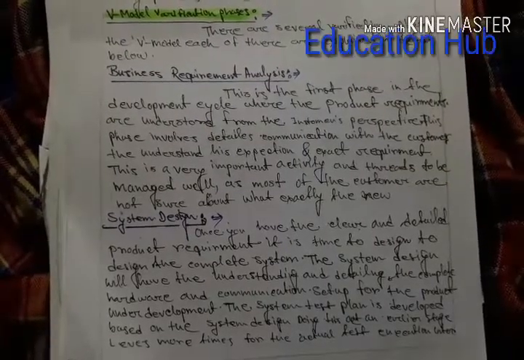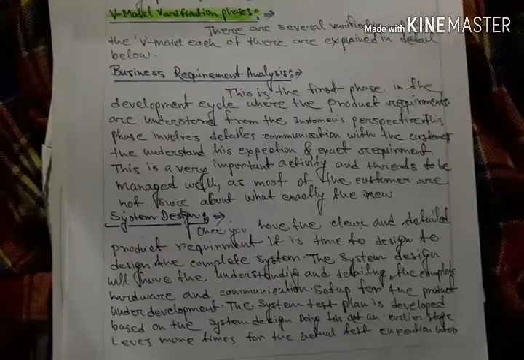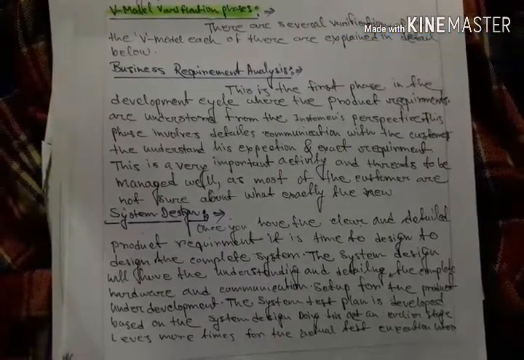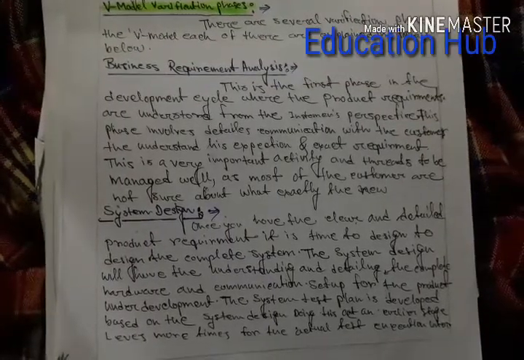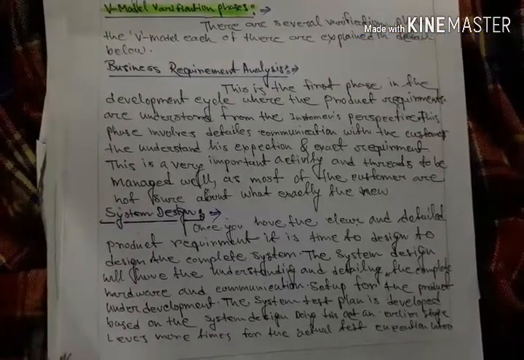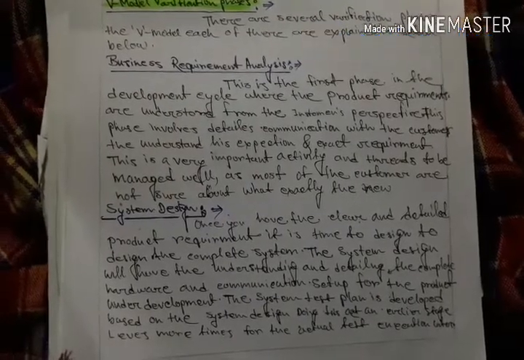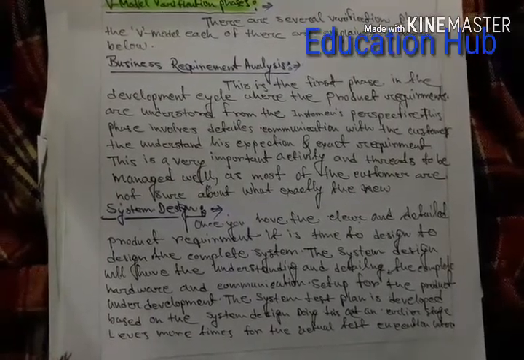Whatever the customer gives will be understood by the persons or by the system. After that, the next phase, the system design phase, is coming, where depending on the criteria, we will